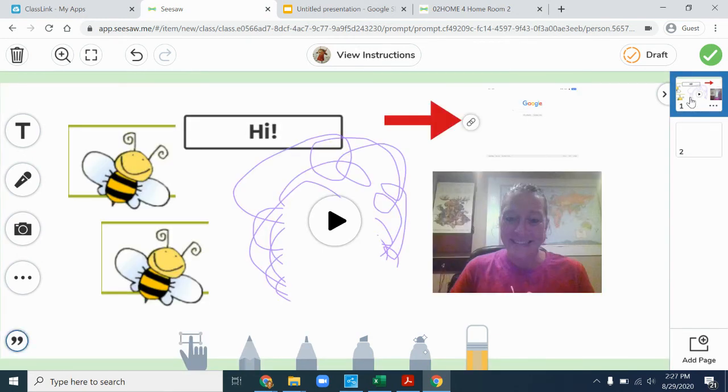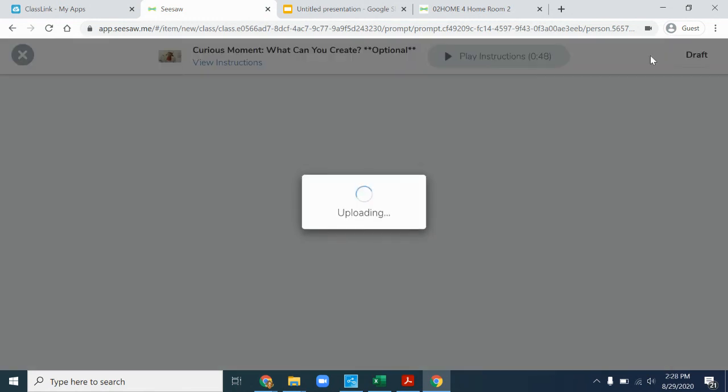If I finally decided, yeah, I think I'm pretty much done with this activity, I have two choices. If I know for sure that I am completely finished and I'm ready to turn this into my teacher, I would go ahead and click the green check mark to turn it in. If I take a look and say, I'm pretty much done with this, but I might need to come back and add some changes, or maybe I want to fix something, or I want to learn something more to add, I could go ahead and click on Save as a Draft, which is the orange button. If I click on the Save as a Draft, this will then show back up